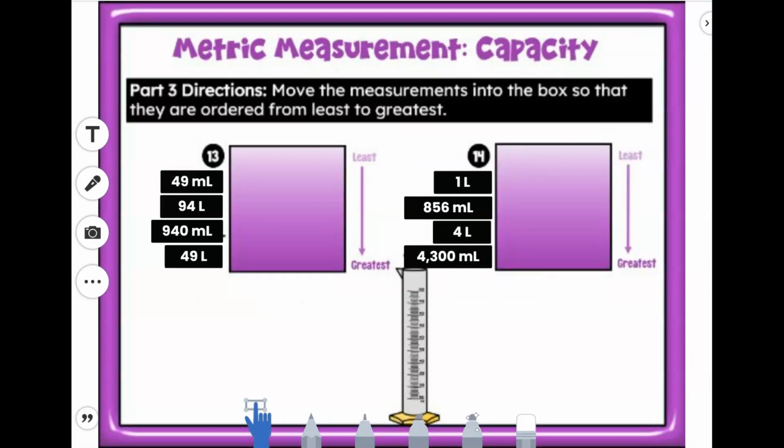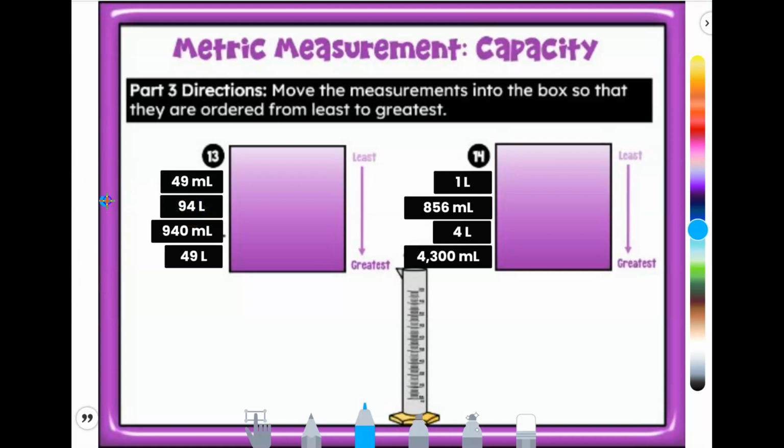Here's your job for your third slide. You're going to order these from your least amount to your greatest amount of capacity. Again, it might be easier for you if you change all of your conversions to milliliters before you drag them into the box. For example, I can change these 94 liters into